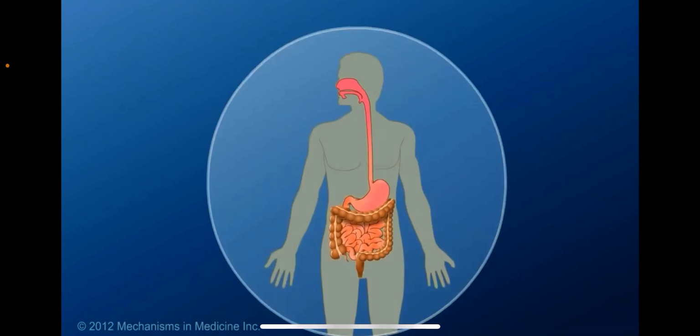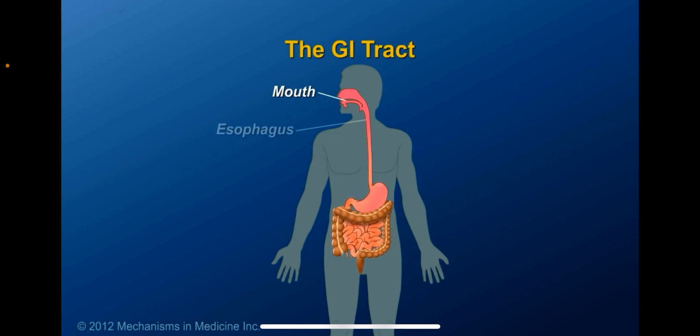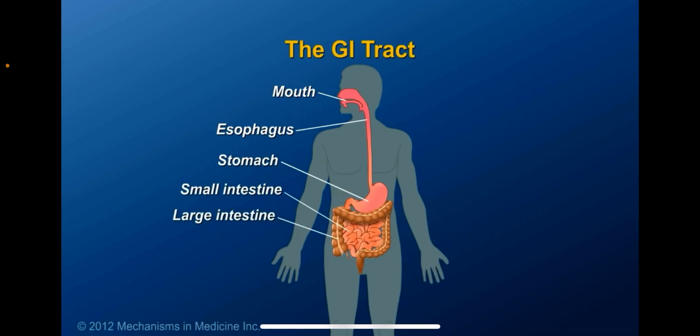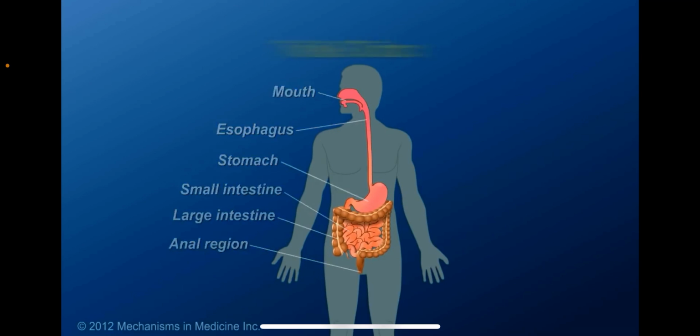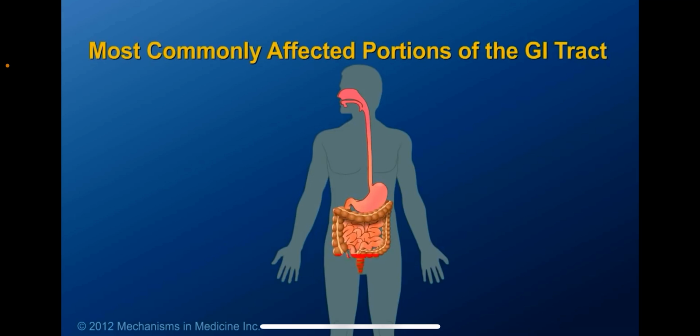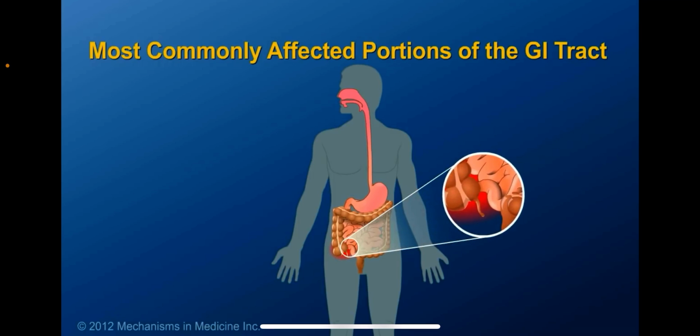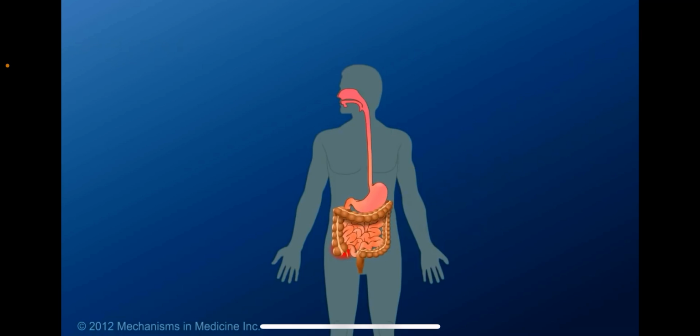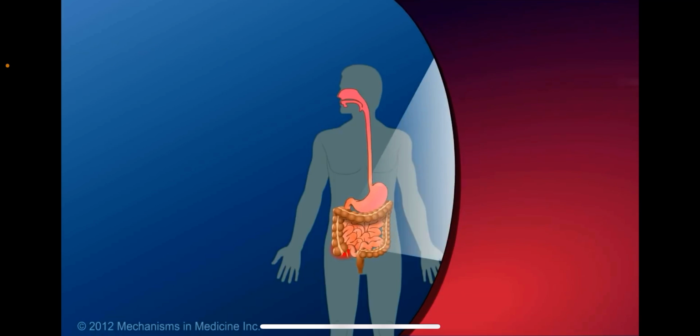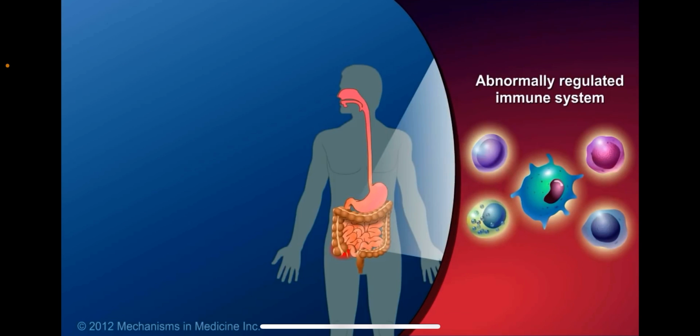The GI tract includes the mouth, esophagus, stomach, small intestine, large intestine, and anal region. Crohn's disease can affect any part of the GI tract, but the most common location is the last part of the small intestine, which is called the ileum, and the first portion of the colon, which is also referred to as the large intestine. Current thinking is that Crohn's disease is a genetic disease caused by abnormal regulation of the